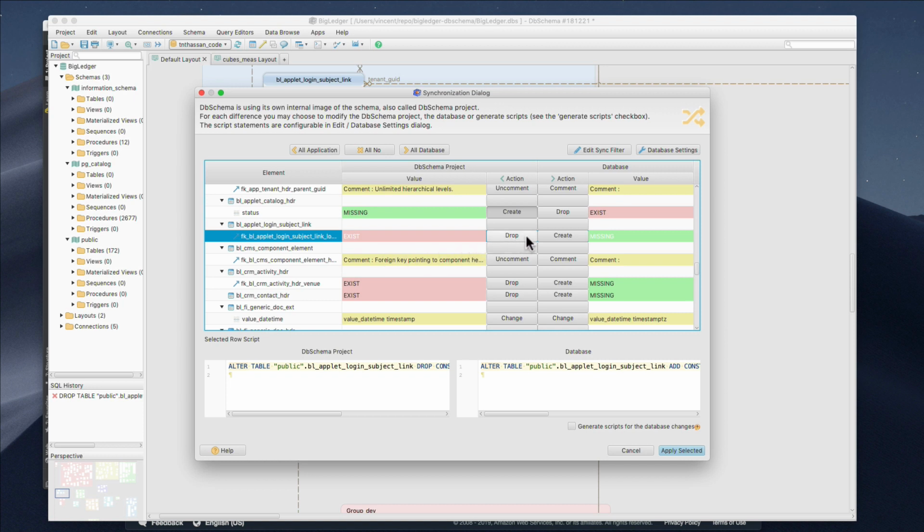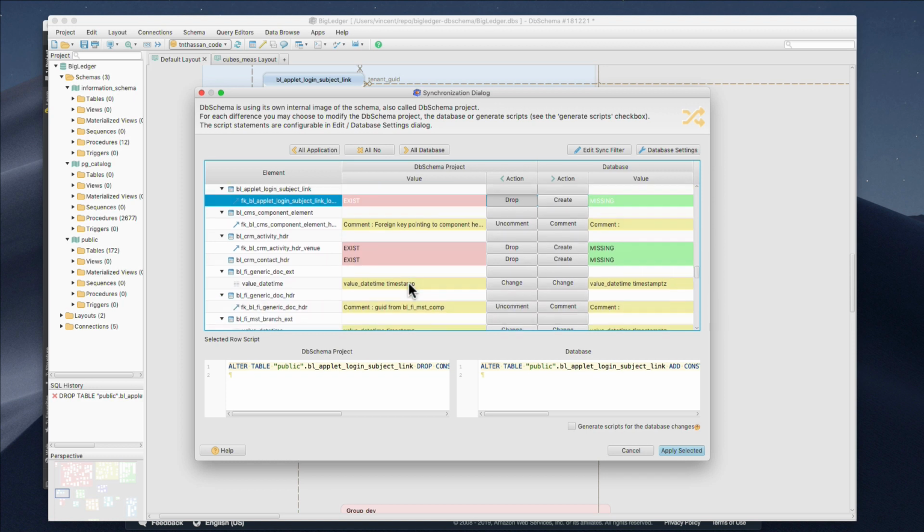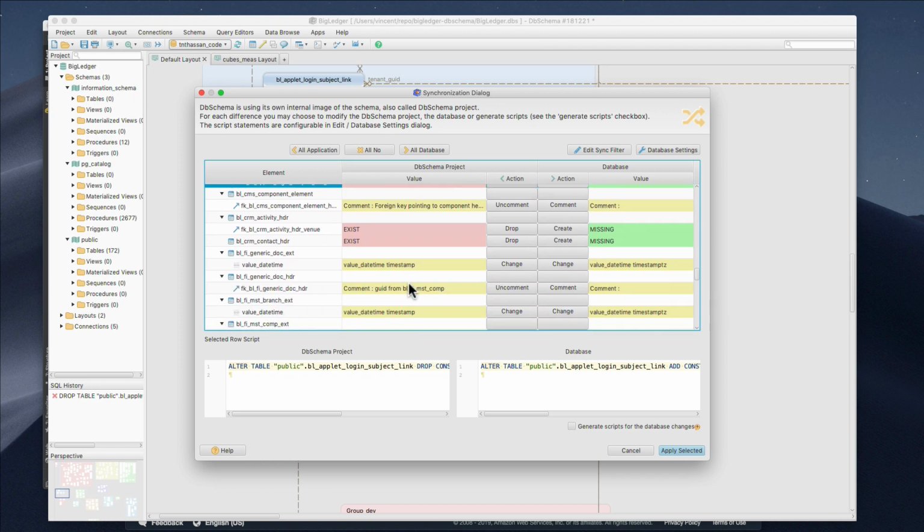Oh, okay. We don't need. So we should drop here. It existed already here, but we dropped it. Okay, so we should drop in the schema as well, right? So we drop here. Okay. Actually, we have to execute everything here. Yeah. But the comments, because you added them on DBSchema, we have to put them. Yeah. Okay. Then